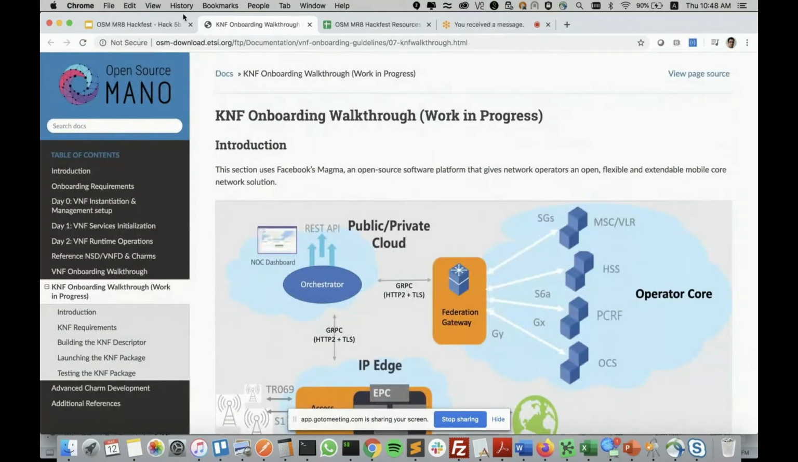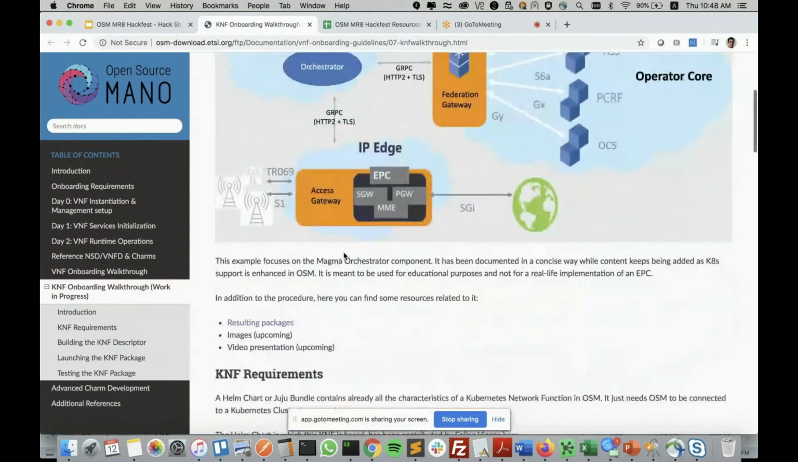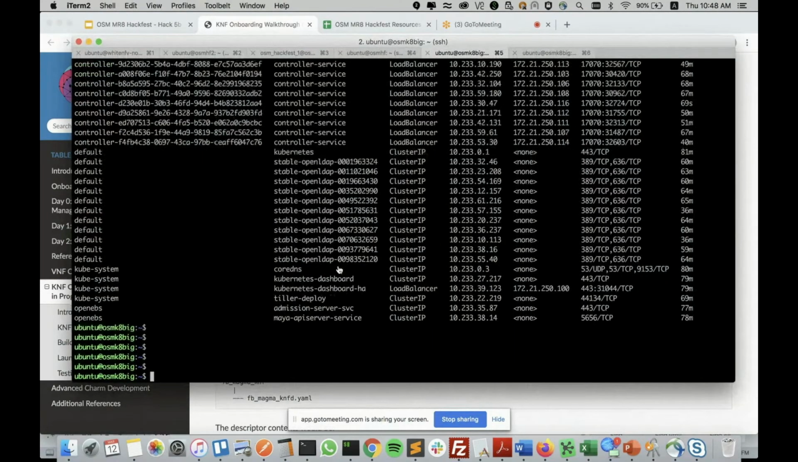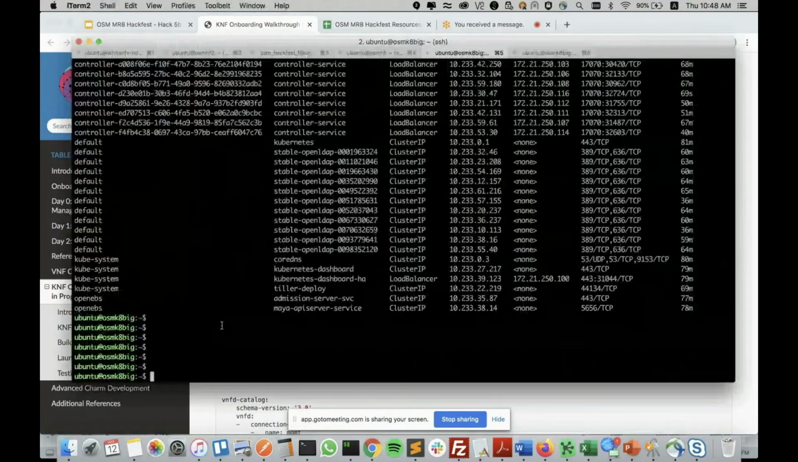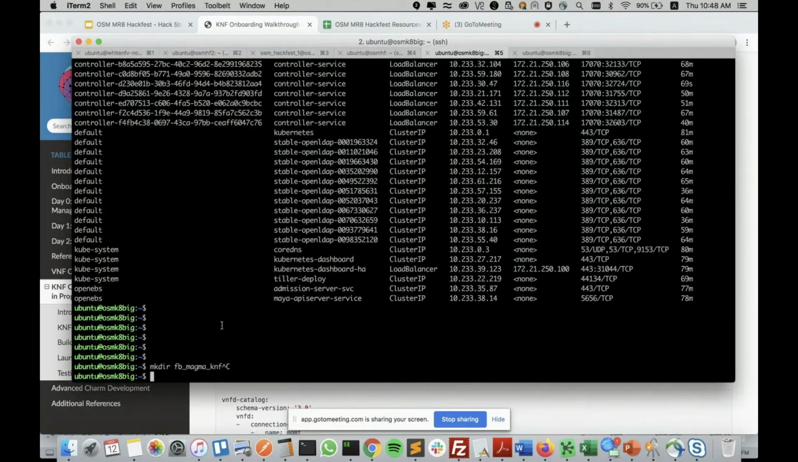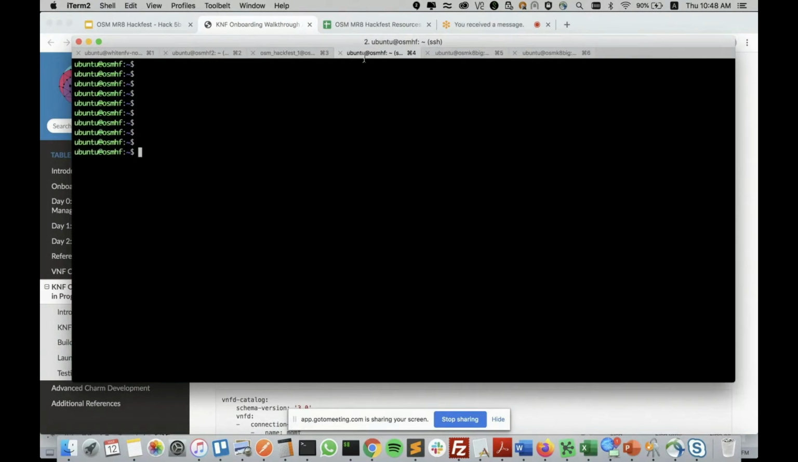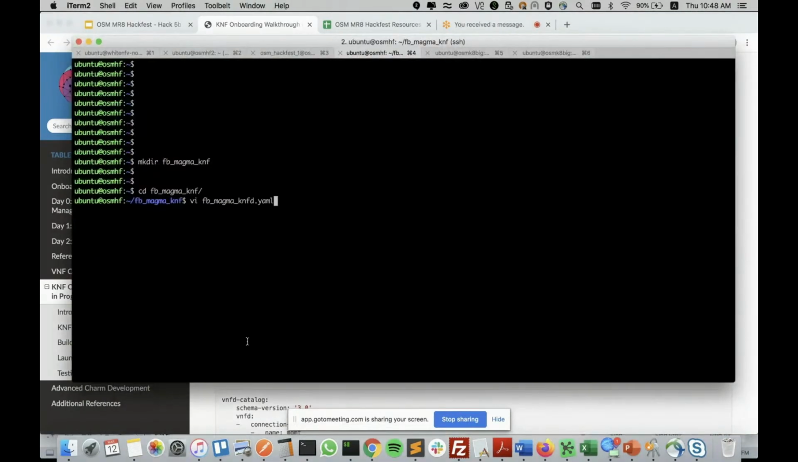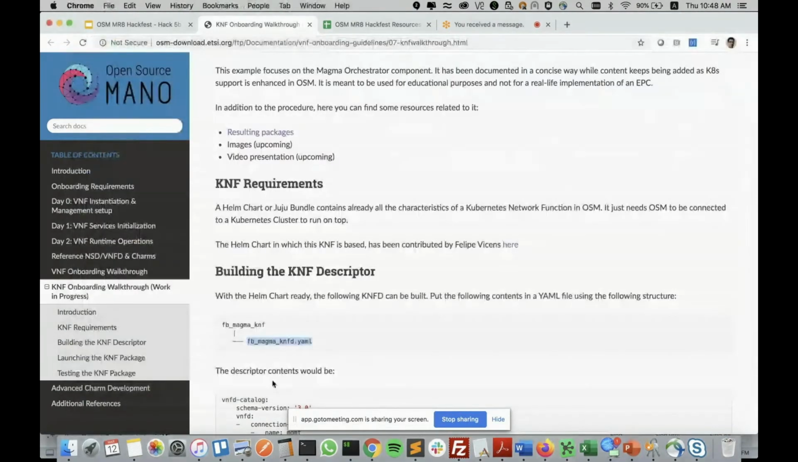I will now proceed with this, building this so that we see that working. I will create this folder. I'm in the wrong VM, sorry. This is the right one. So I'm going to create that folder for the KNF. And then I'm going to create, I'm just using VI, the YAML file, and populate it with the contents that are here,